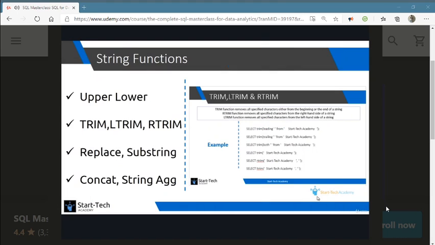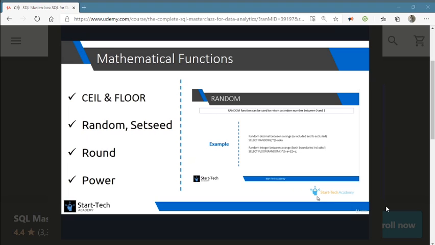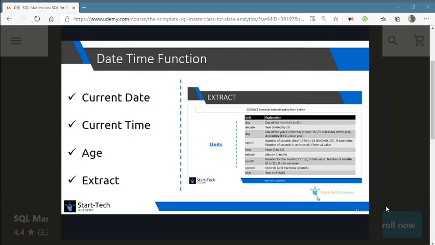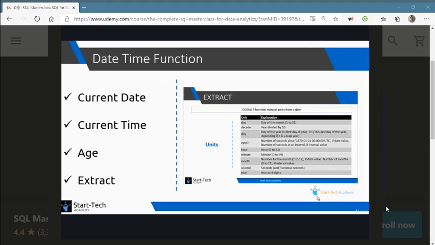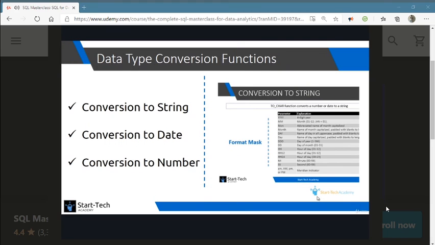Next, we cover in different sections the different types of functions. First, we cover string functions, which includes concatenation, changing case, trimming a string, etc. Second comes mathematical functions, where we learn how to generate random numbers, finding ceiling, floor, and rounding of decimal numbers. In datetime functions, we cover how to get the current date time and how to find difference between two different dates. In conversion functions, we learn how to convert the data type of the data from string to numerical or